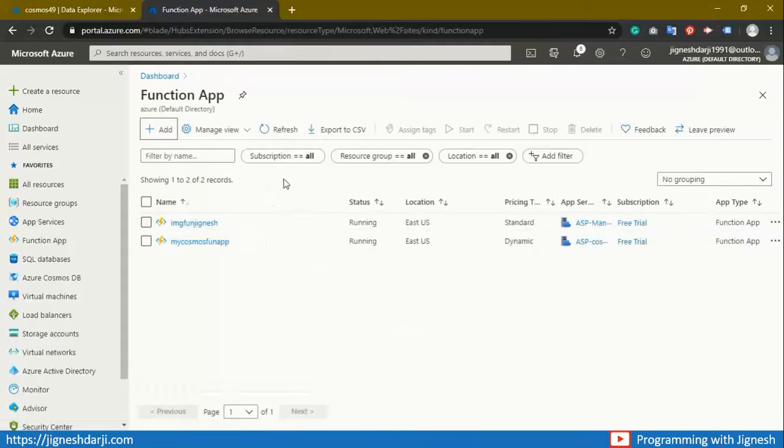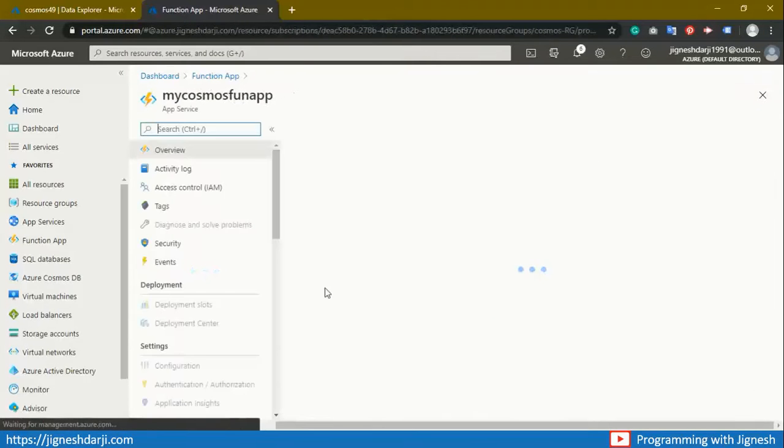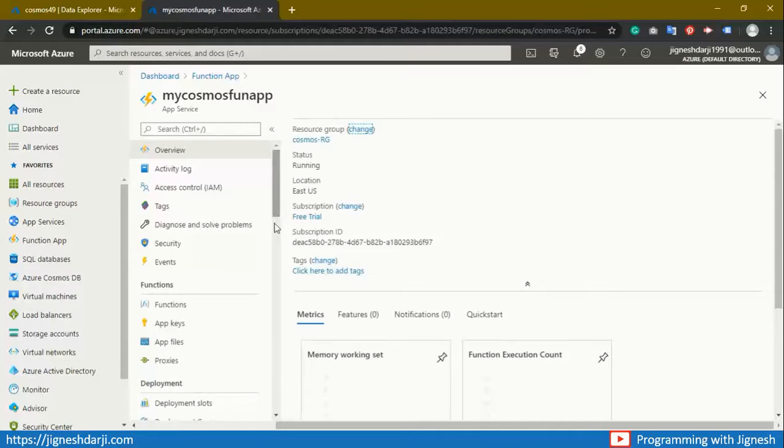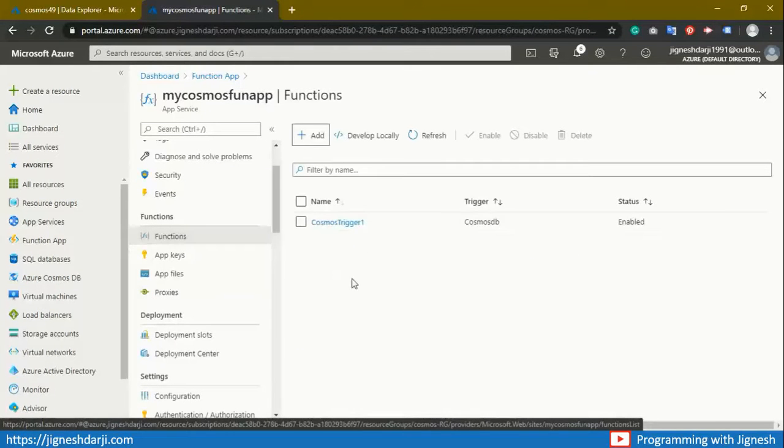So this is the same as my particular function app. Once you create the function app, you can create the new Cosmos trigger in it, which I have already created. Let's create a new one.